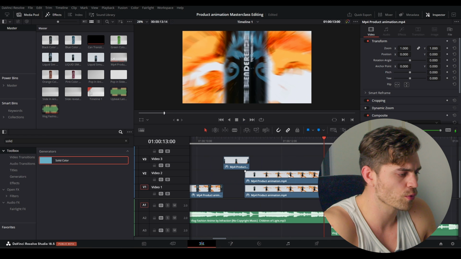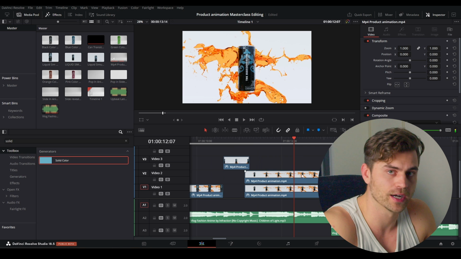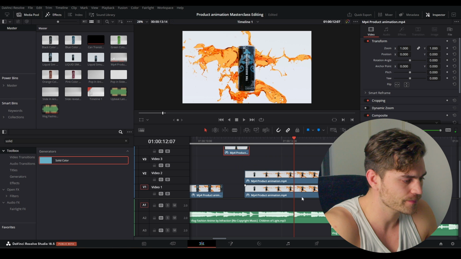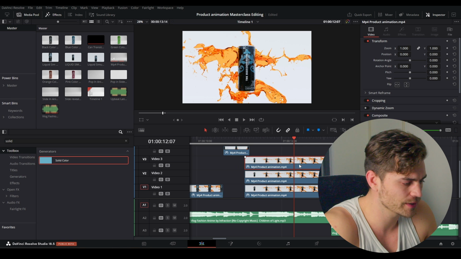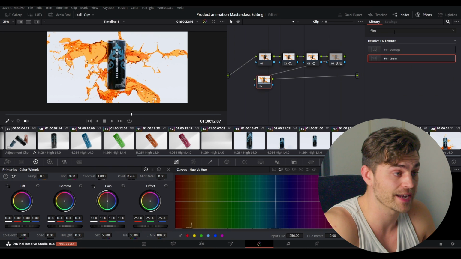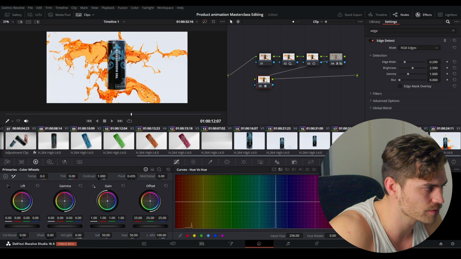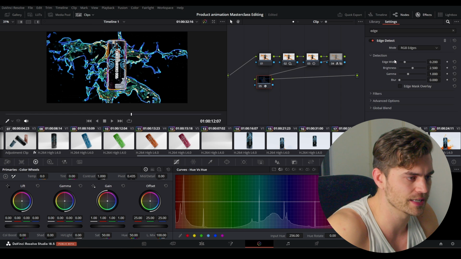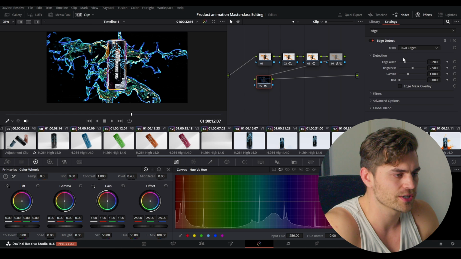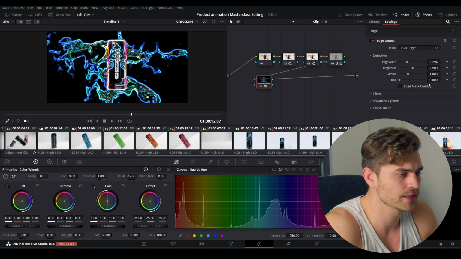So I want to show you one more trick that you can add right over here because there's an extra snare. I'm going to duplicate this one, head over into the color grading tab, Alt-S, add an extra node, and then we can select Edge Detect right over here, and it's on RGB. It's on RGB edges, and you can change the edge width, and I'm just going to do something like this.